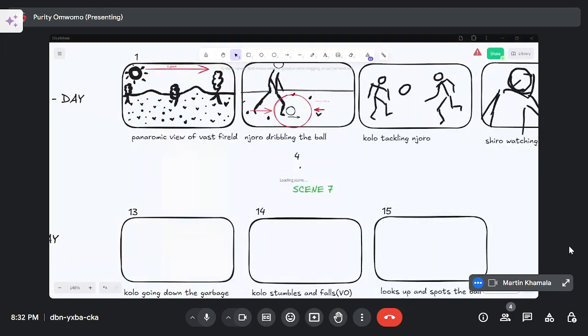But character development, like Shiro, like Kolo, even Joro, because Joro is reflective. So I think his character is consistently reflective throughout the entire series, and it's a very important character because that's the point where the message from the client meets the fun or meets the drama. So I think we should also build that character type around Joro. So let's think visually like this, and then we knit it together into something.